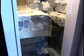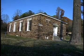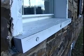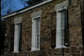The church was used as a Presbyterian church until 1820, and at that time everybody moved to Ringgold and they started their own Presbyterian church. So they sold this to the Methodist church. The Methodists kept it for about 3 years, trying to establish a church, and they failed. So they sold it, and a group of citizens bought it and formed